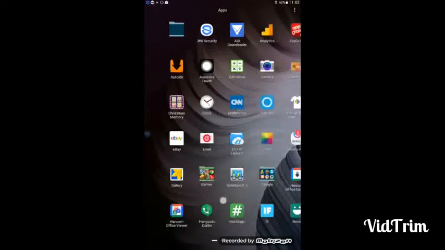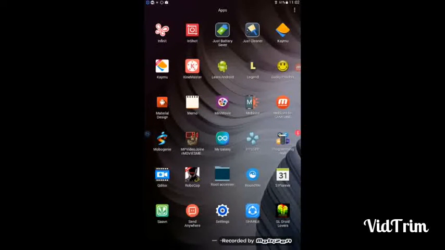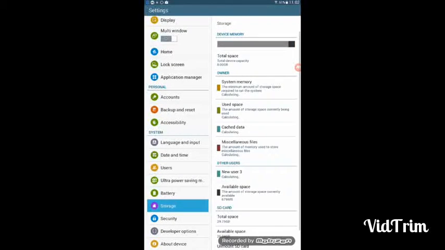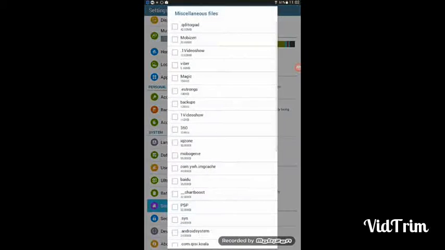If you use it properly, it will run smoother multitasking, and it has better memory management because it has also classified its storage into 5 categories: the system memory, the used space, cache data, miscellaneous files, and the available space. The used space has taken 134 MB, and you just have to clear the miscellaneous files here. You can clear all those,